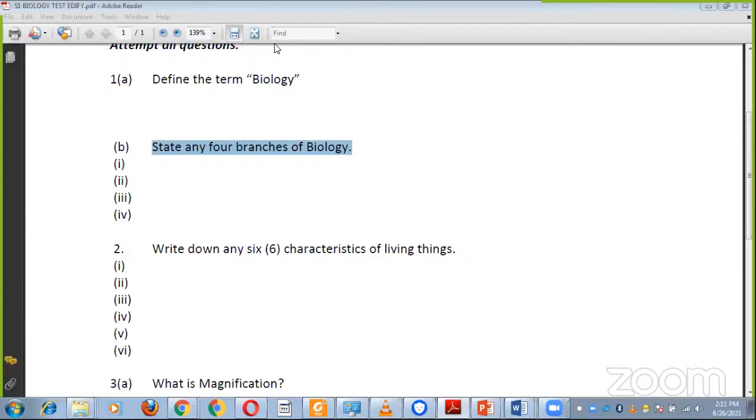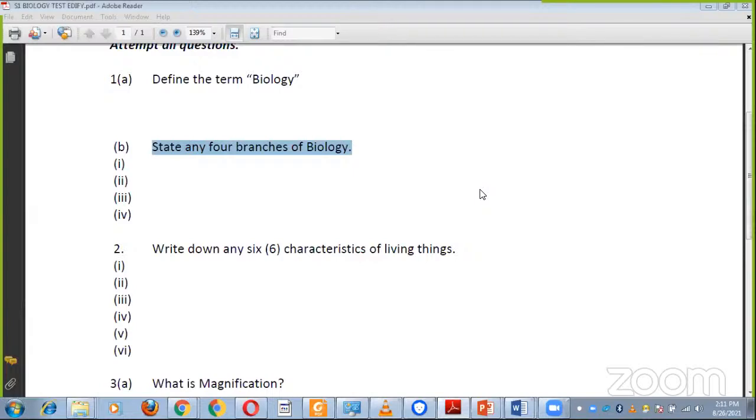Ornithology, which involves the study of birds. Many people confuse ornithology and entomology. With ornithology we are studying birds, but for entomology we are studying insects. Then evolution. Under evolution, we study how